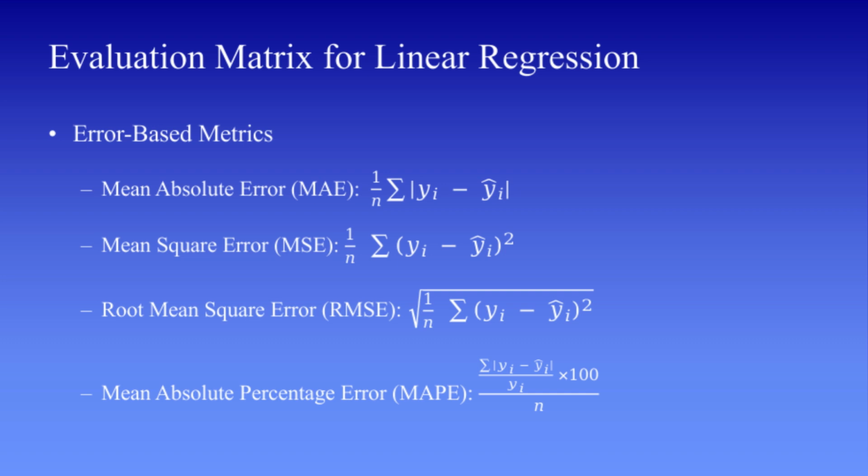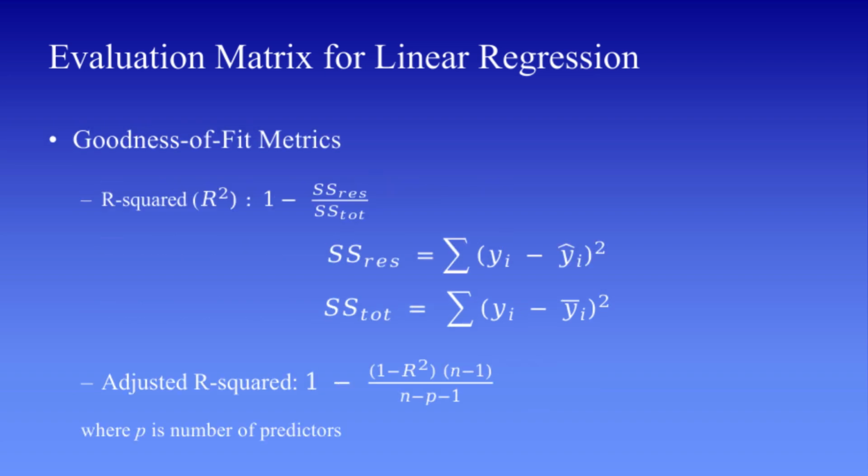Now, how do we interpret these metrics? In all cases, a lower value indicates a better model because it means the predictions are closer to the actual values. Each metric has its own use. MAE is simple and less sensitive to outliers. MSE penalizes large errors more. RMSE is easier to interpret due to same units. MAPE is useful when we want percentage-based understanding. So, choosing the right metric depends on the problem and the nature of the data. In summary, evaluation metrics help us quantify model performance and guide us in improving the model for better accuracy.